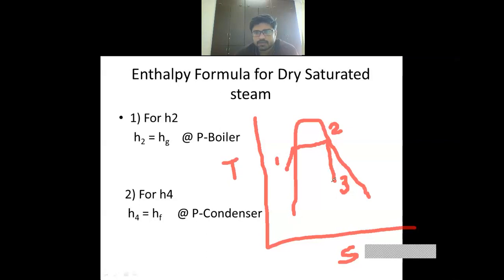Then after it will come to the condenser. From the condenser, we can see that again it will become water. At point number 4 that steam has become water, and from 4 by use of the pump we are again supplying it to the boiler. Clear? But the important point for us is this. We can see this is the dry saturated condition, because this point is on this curve or on this line, that's why it is known as dry saturated.